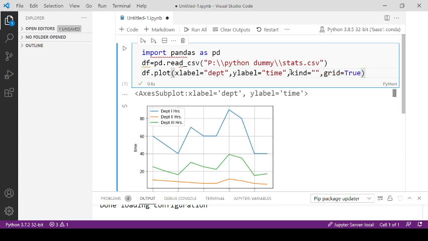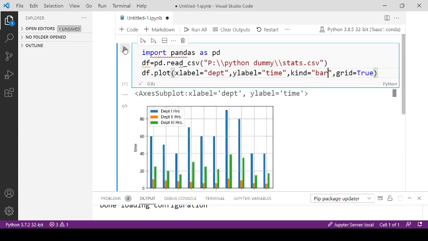We are interested to represent the data in bar graph format, so you need to write kind equals bar. Now let's run this code and see the difference. Now here you can see data has been displayed in a bar graph. So this is the bar graph.